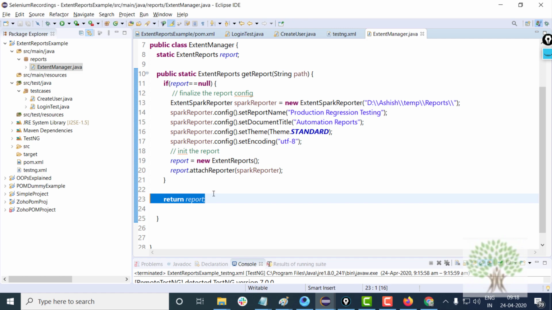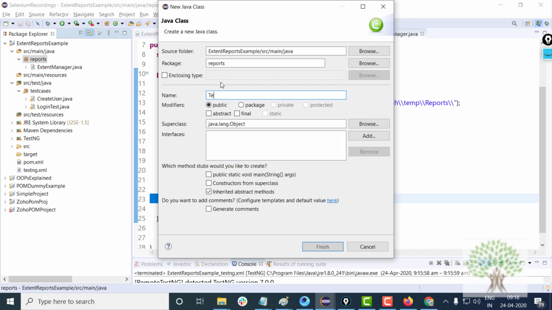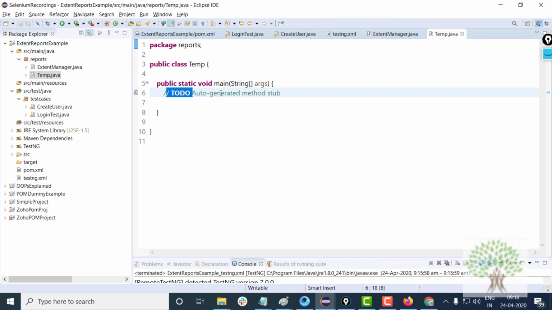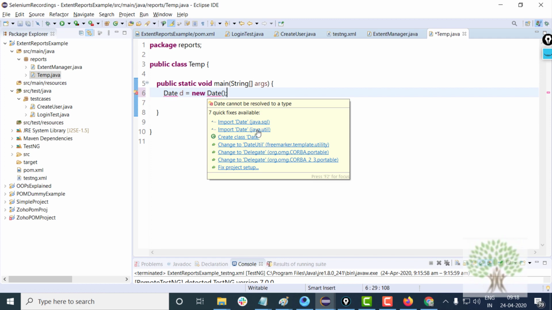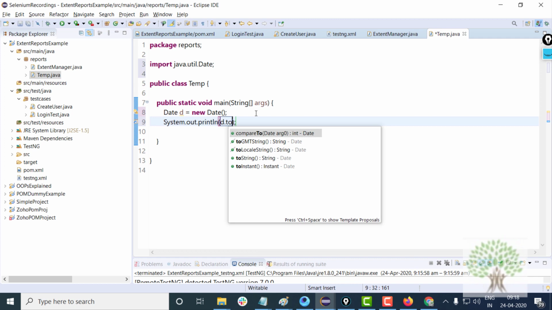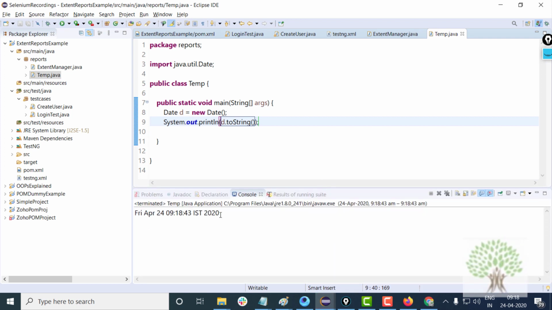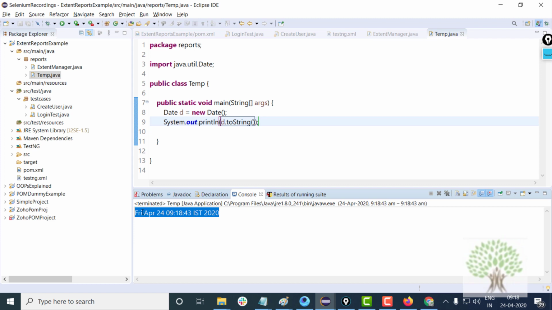For that, let me just make a temporary class in reports, temp.java. Look, in Java, if you create the object of the date class, import java.util.Date, and type date.toString, and when you run this code, you will see that this is going to print the current day, time zone, time, day, everything.